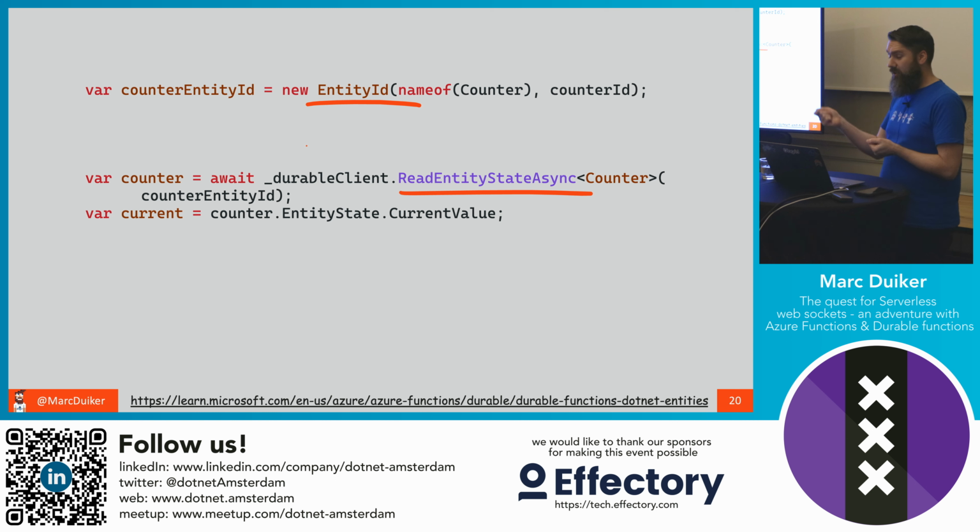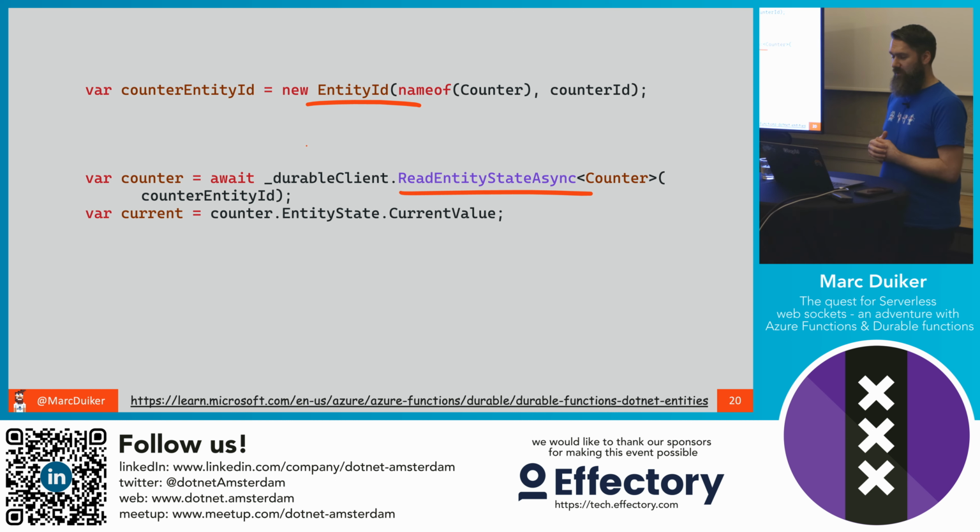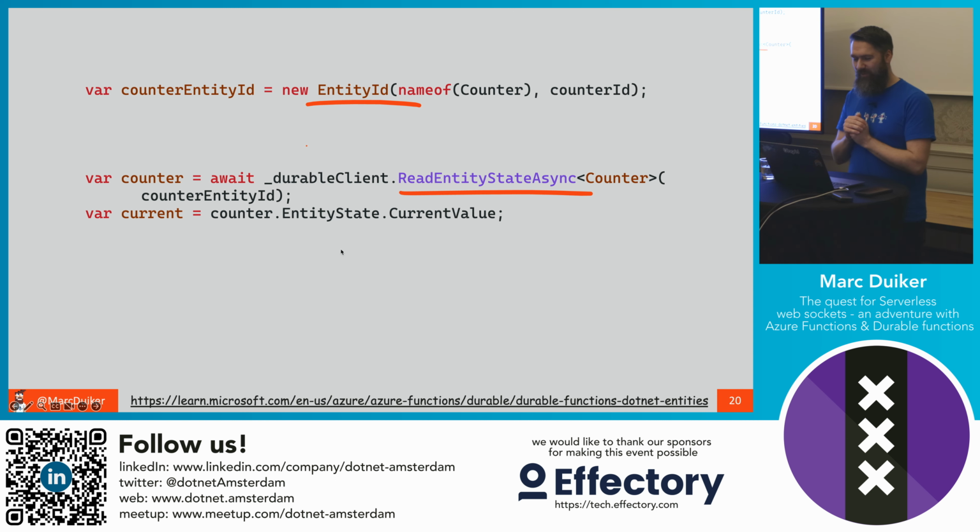And you can actually ask the entity state response, do you exist? So if you've provided an entity ID that exists, it's good to wrap this in an if clause, and if this entity indeed exists, go into the actual entity state, because this entity state here is of the type counter, and then you can access the properties of that counter object.